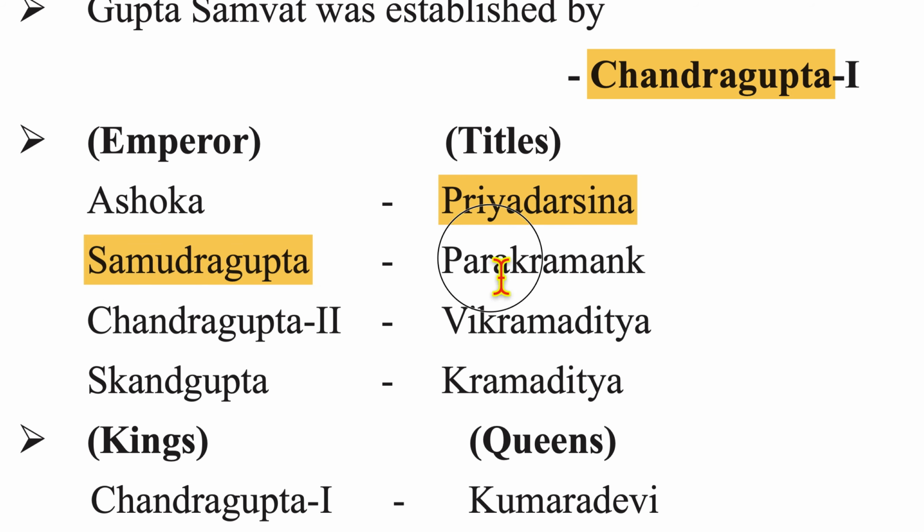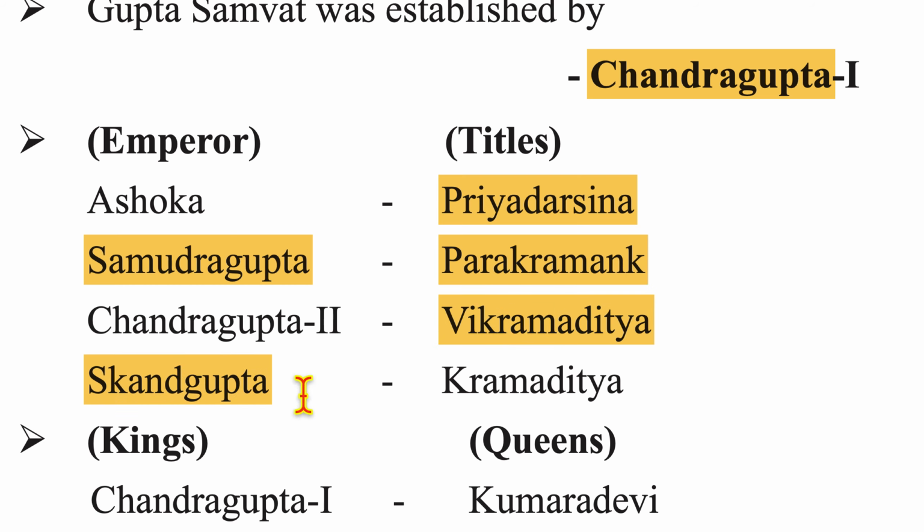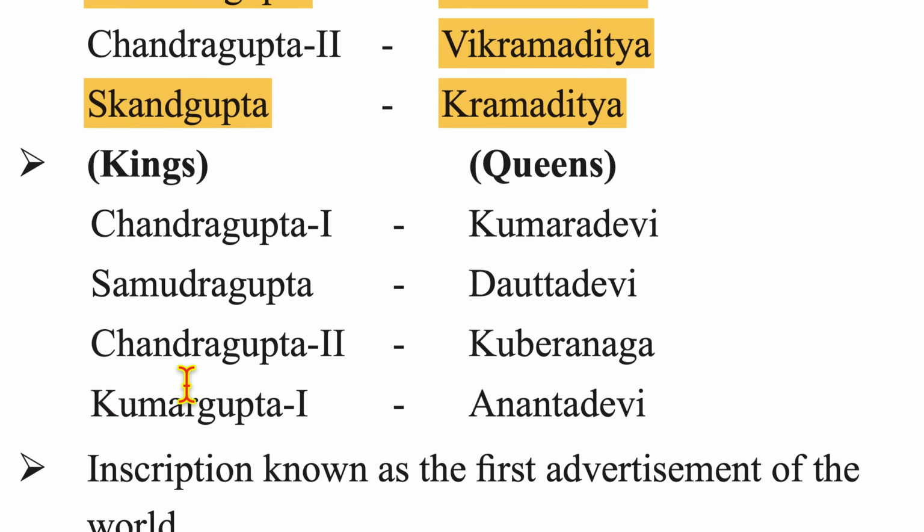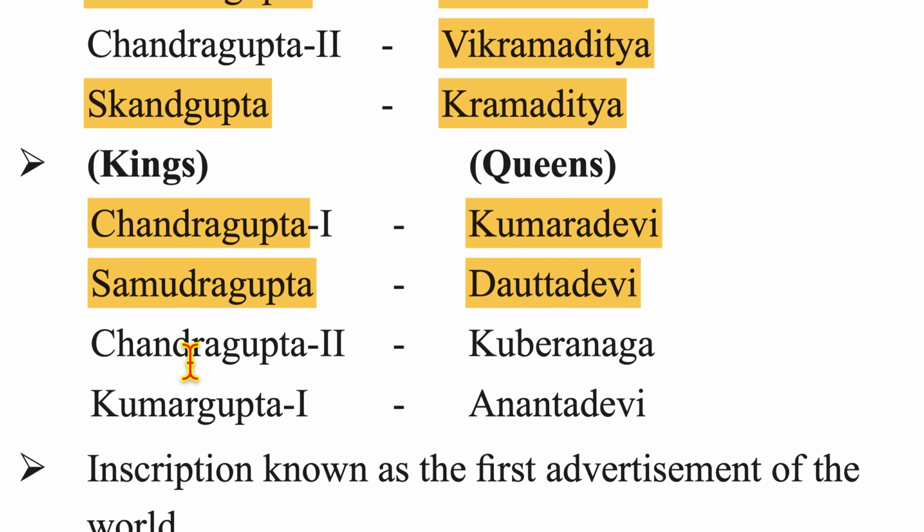Samudragupta, Parakramanka, Karmaka, Chandragupta II, Vikramaditya, Skandagupta, Kramaditya. Now the kings and the related queens: Chandragupta I, Kumar Devi; Samudragupta, Datta Devi; Chandragupta II, Kuber Naga, Kumar